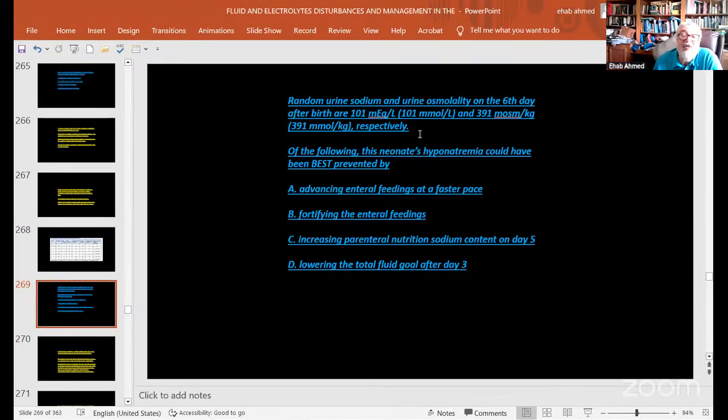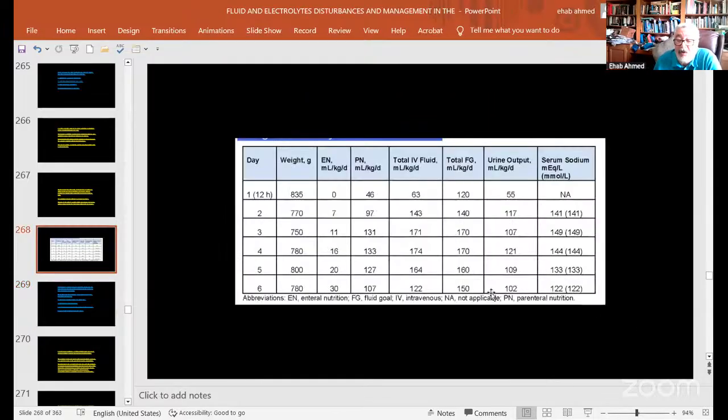So they did random urine sodium and urine osmolality on day 6 after birth. It was 101 milliequivalent and 391 milliosmol respectively. This is the urine sodium and urine osmolality. Of the following, this neonate's hyponatremia on day of life 6